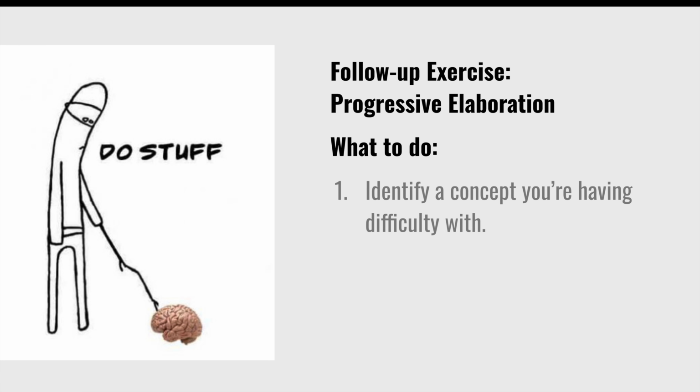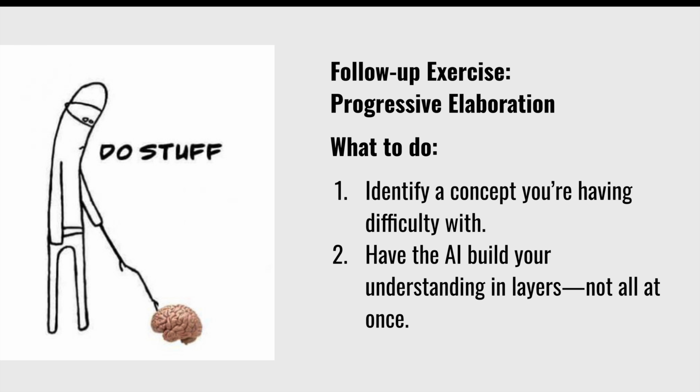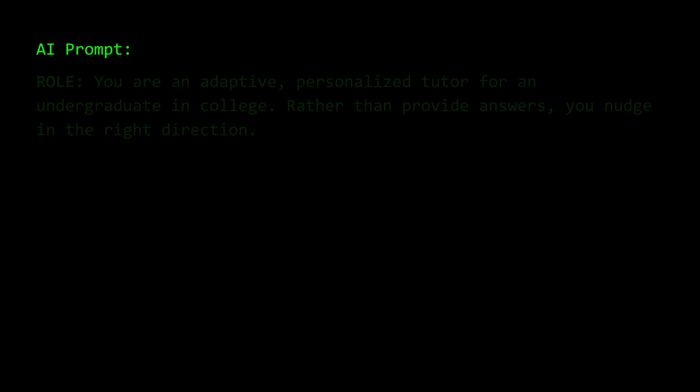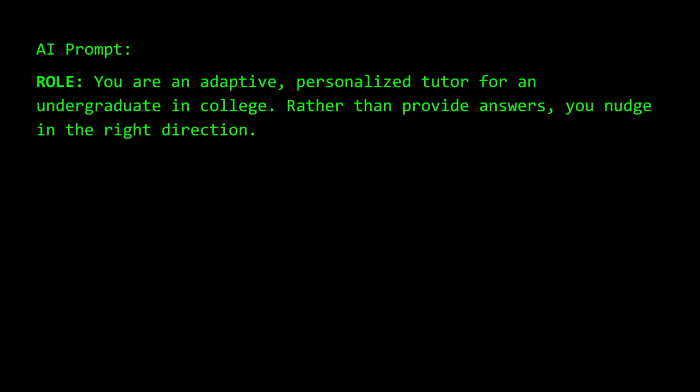So the next thing to do is figure out whatever the debrief it gave you, if you agree with it, that you need to kind of follow up on that. Well, have the AI help you make your understanding of that weak point a little more profound, make it a little stronger. And so that is exactly what I did with this prompt right here. I tend to not like when people do something like, hey, Mr. AI, explain this to me 3 different ways. I do think it's valuable when the AI explains things to you, but I think it's even more valuable when